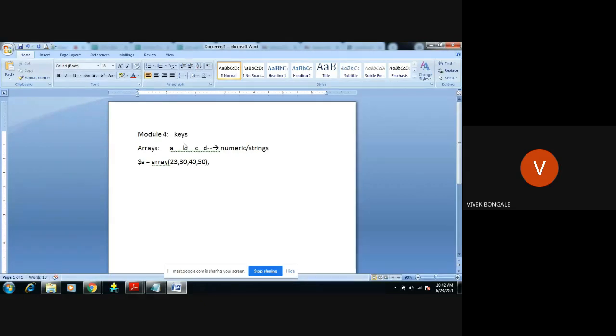I hope you're getting it. Through the index value, we are accessing the values we give inside the arrays. But in PHP, we can give not only numeric values but also strings for these arrays.